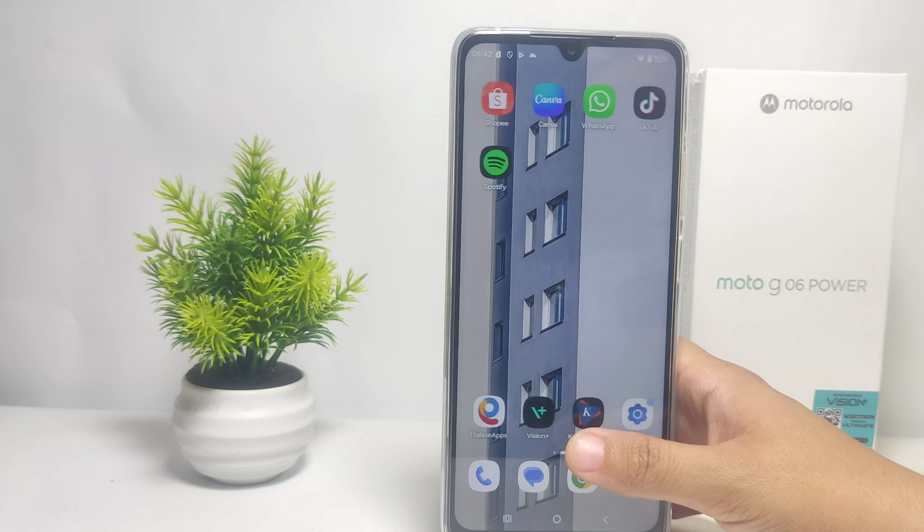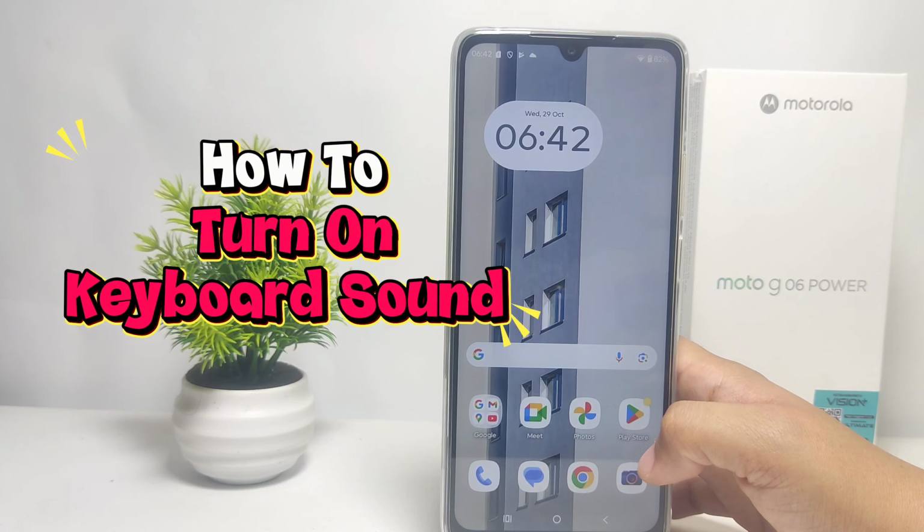Today in this video, I'm going to show you a tutorial on how to turn on keyboard sound on a Motorola